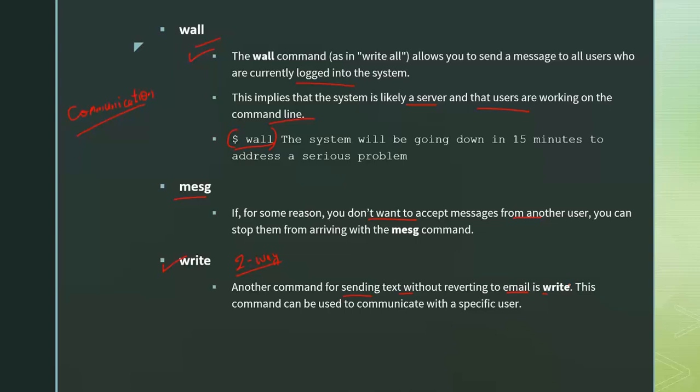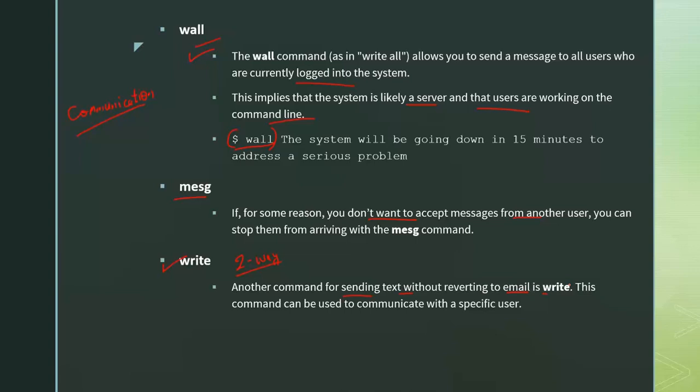So with the write command, one user writes a message and then waits for the reply from the other user. Once I send a message, the other user will read the information and can give the reply back to the person who initiated the communication. You can just type write followed by the username.